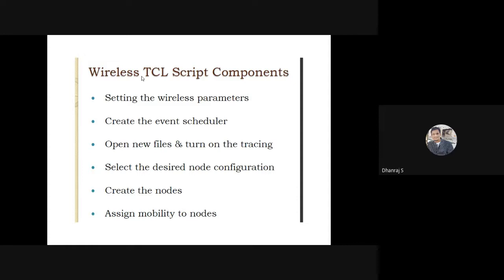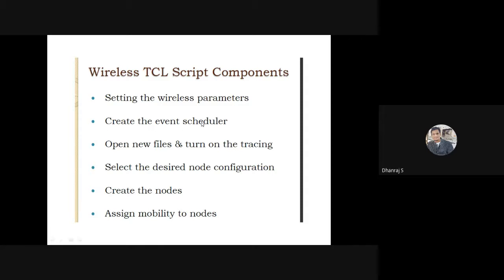What are the different components required in order to write the TCL script for a wireless program? The first component is setting the wireless parameters. I'll show what parameters we need to set for a wireless environment.